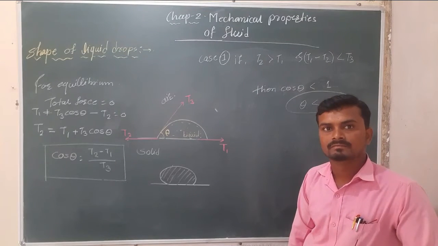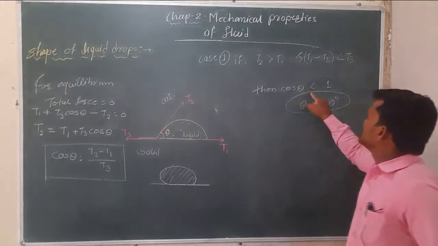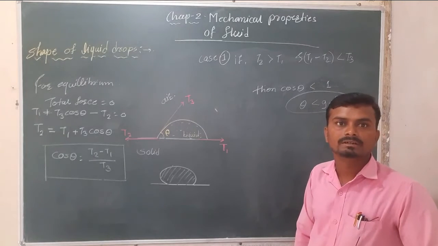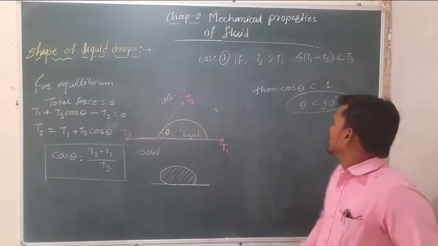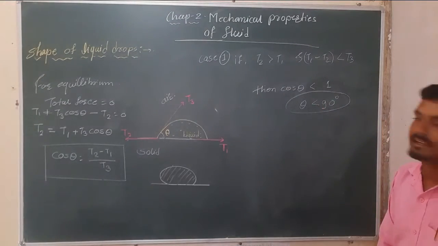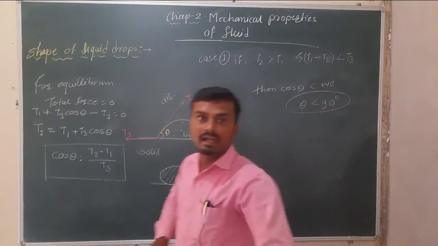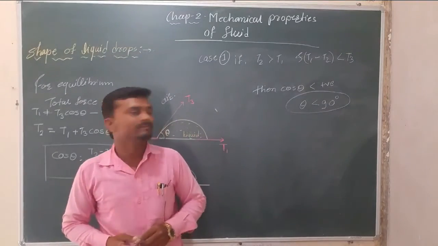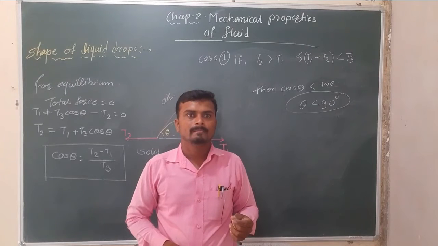Now, in that case, cos of theta must be less than 1, and theta must be less than 90 degree, or cos of theta is positive and theta is less than 90 degree. If I write less than 1,